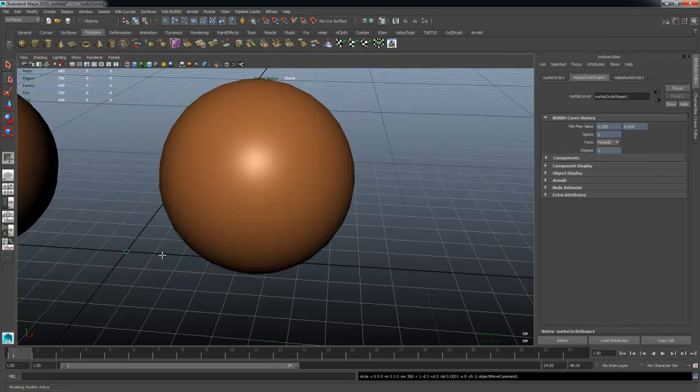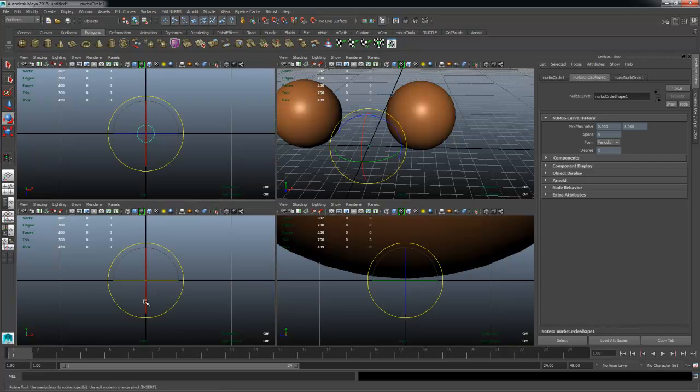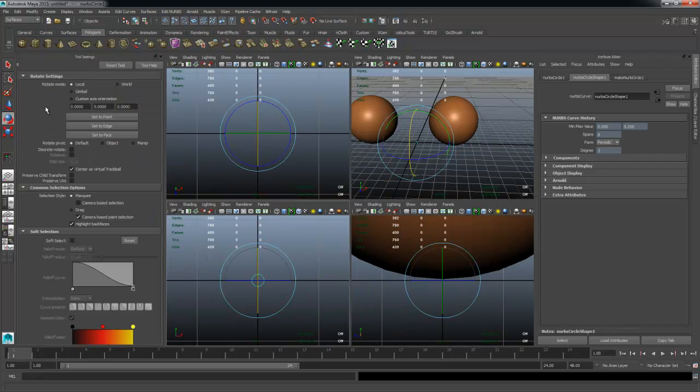So that will be projected in the center. And then I'm just going to jump to my 4-pane view and rotate it 90 degrees. Now I'm holding down J on the keyboard. That will allow me to essentially do an incremental snap of 15 degrees, and that is obviously set in the